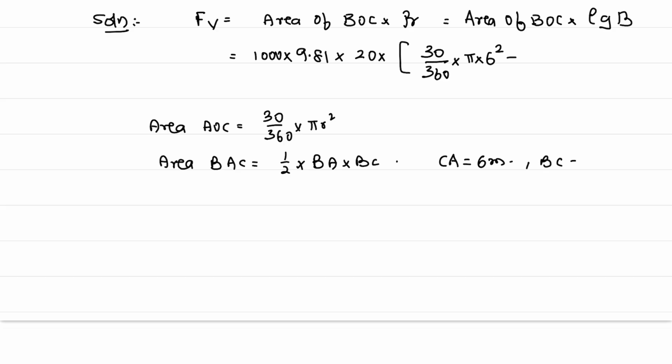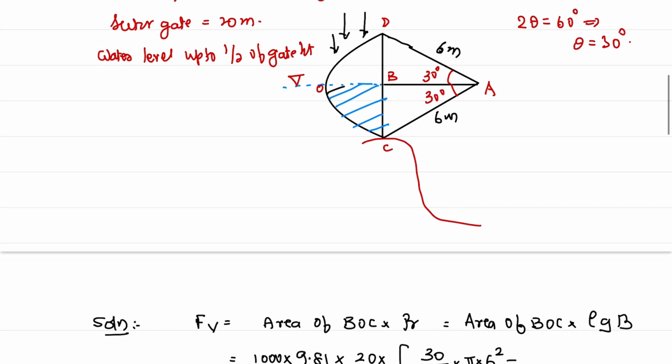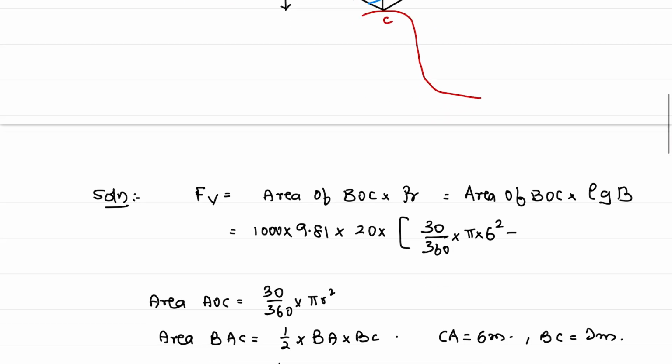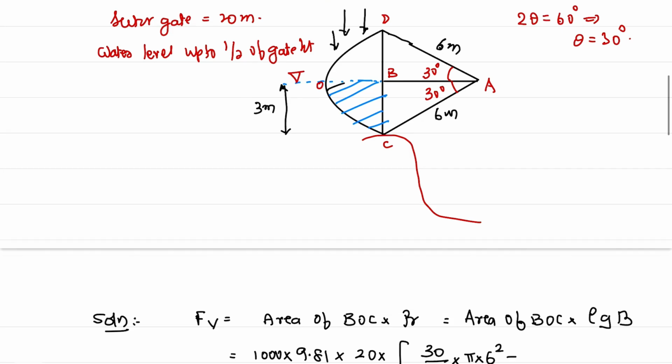BC is equal to 3 meters, which we have found out from the previous. That is equal to half into BA into 3 meters. BC we know, 3 meters. We have got it in the previous class, previous lecture. Please refer to how to find out BC. Now BC is known and